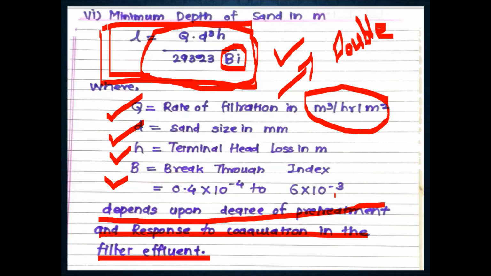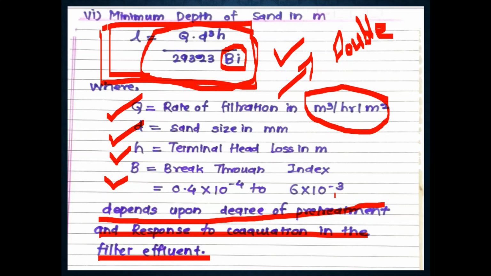more than 60 to 90 centimeters, then breaking of the floc is going to occur. The floc that is formed in coagulation flocculation, there are chances to break that floc. Therefore this breakthrough index gives an indication about the efficiency of the filter media, also very important. Hence it is directly related with the depth of the tank, hence it is used in this formula.